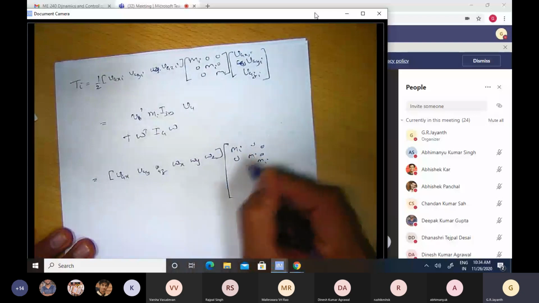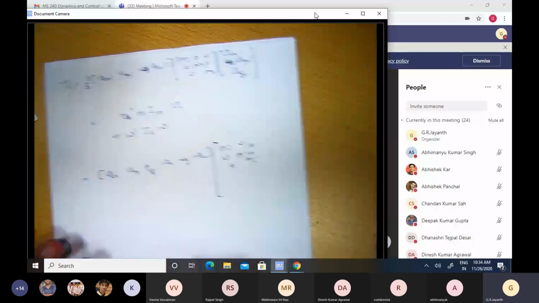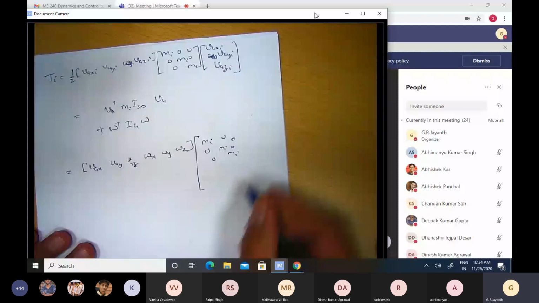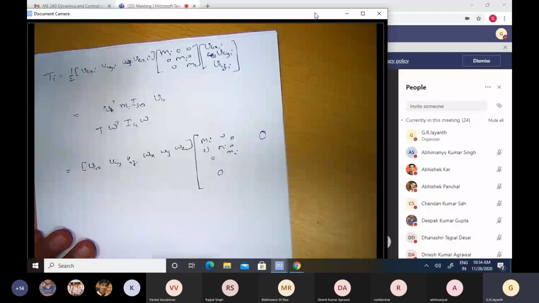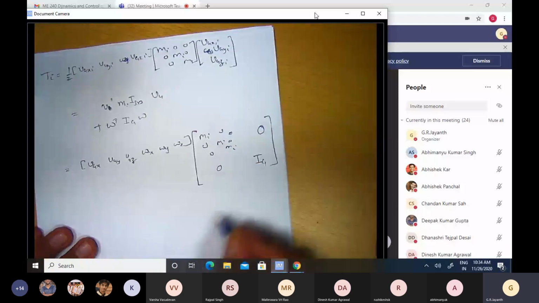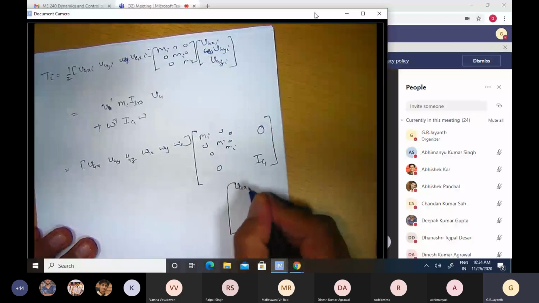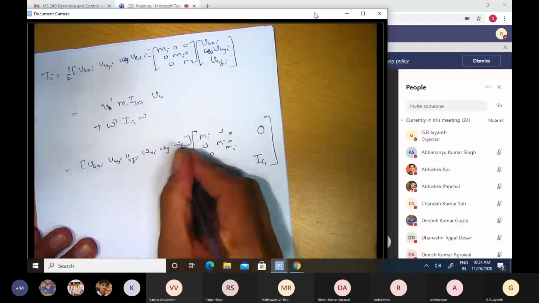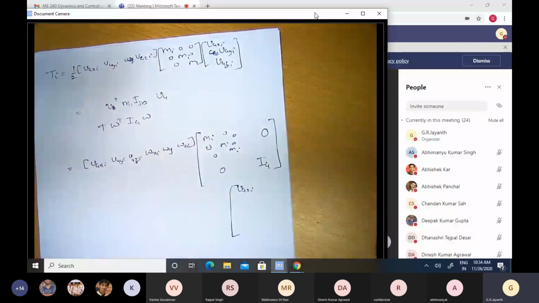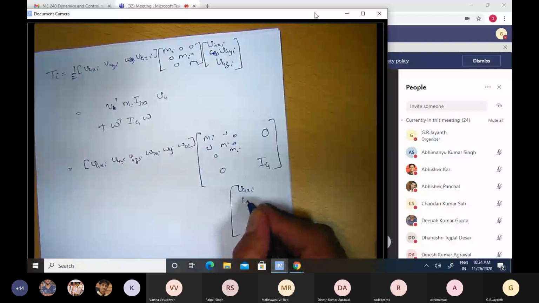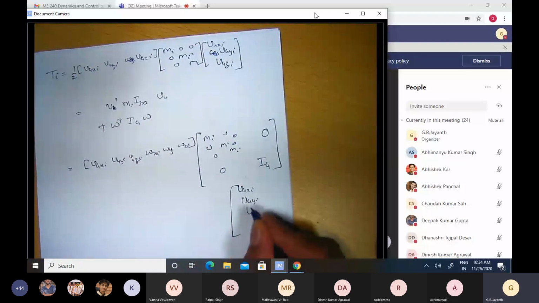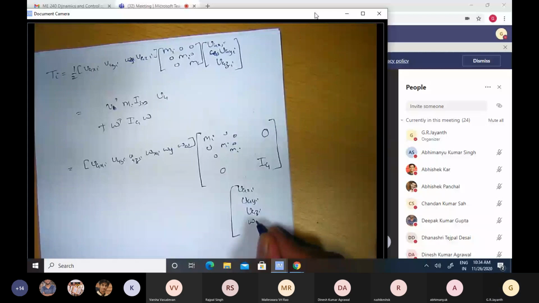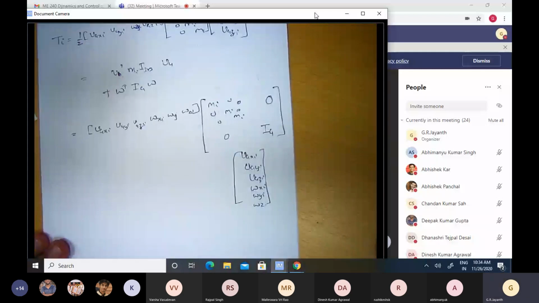So there's a 3 by 3 matrix. Okay, and then there will be zeros everywhere else, and then there will be an Ig matrix here, and that multiplies another 6 by 1 vector, which is Vgxi. I have to have the subscript i everywhere. I apologize again for this notation which we have to carry forward. Okay, Vgyi, Vgzi, omega xi, omega yi, omega zi. Okay, I can now write it in this particular manner, right?